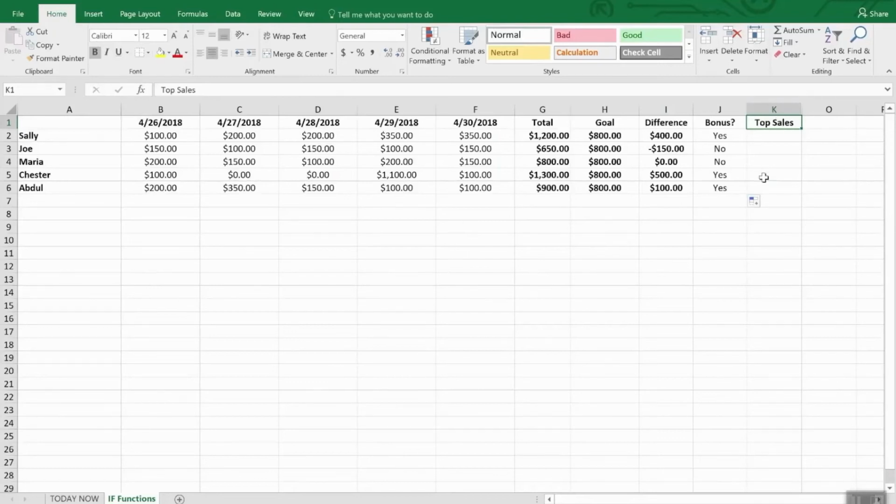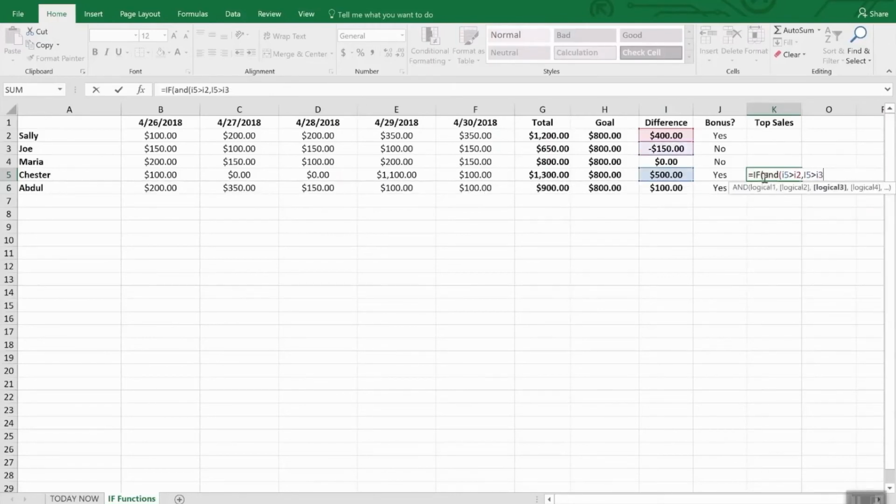We already know that Chester's our winner, so as not to make things anticlimactic, we'll go ahead and build our first formula around him. So bear with me because we got to type a little bit. So the formula is IF AND, then we're going to say, again, we're using the difference column. I5 for Chester is greater than Sally's, I2, is greater than Joe's, I3, is greater than Maria's,